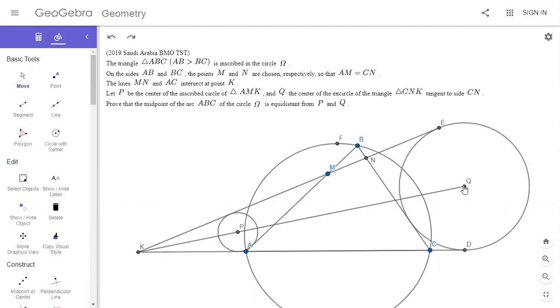So the radius of this X circle is this, so KD is the semi-perimeter of triangle KNC, and so the radius of this circle is, or let me draw this point in G. Is F on the radical axis of those two? No, because so if I can show,